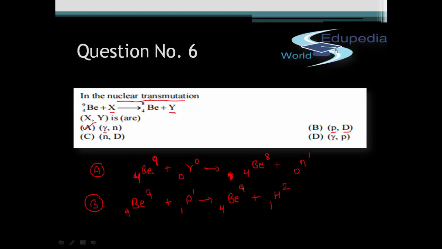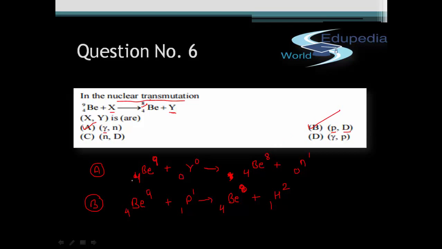Just a little bit of correction. This value over here will be 8 and not 9 because in the question you can see it has been given as 8. Okay, so again we have to do the same thing. We have to look out if the charges and the masses are balanced, which is fairly easy thing to do. You can see 4 plus 1 is 5 and 4 plus 1 is 5. So charges are balanced. 9 plus 1 is 10, 8 plus 2 is 10. Masses are also balanced. So B will also be our correct option.